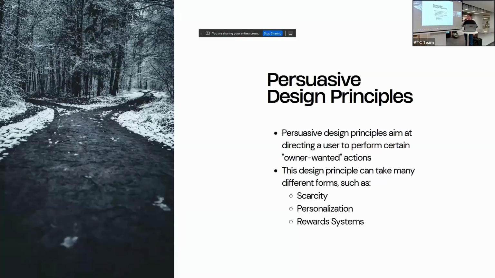The next technique that I want to talk about is persuasive design principles. These aim to direct users toward certain actions, or what I like to call owner-wanted actions, within the system. They can take many forms, such as scarcity. Take, for example, something like Takealot. You see an item that has one or two left, and you are much more likely to purchase that item because you're a bit scared of missing out on the quote-unquote